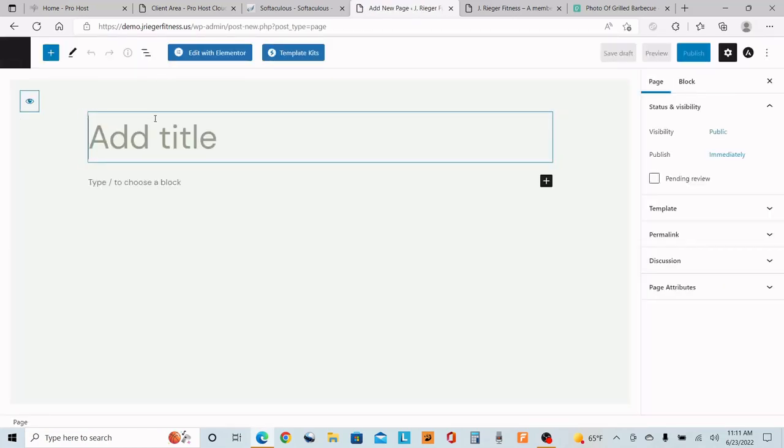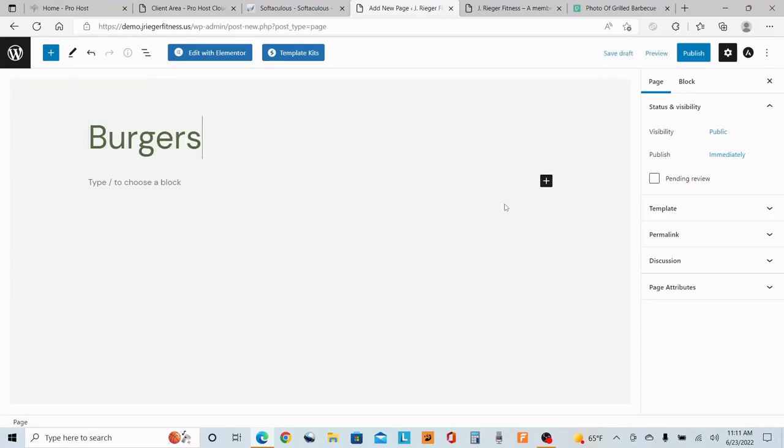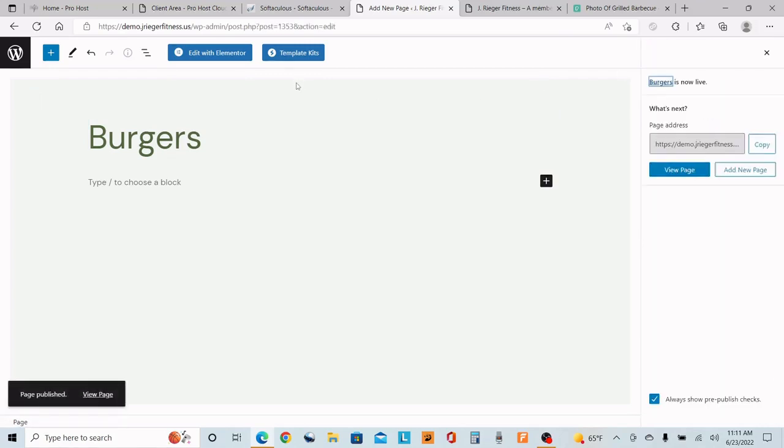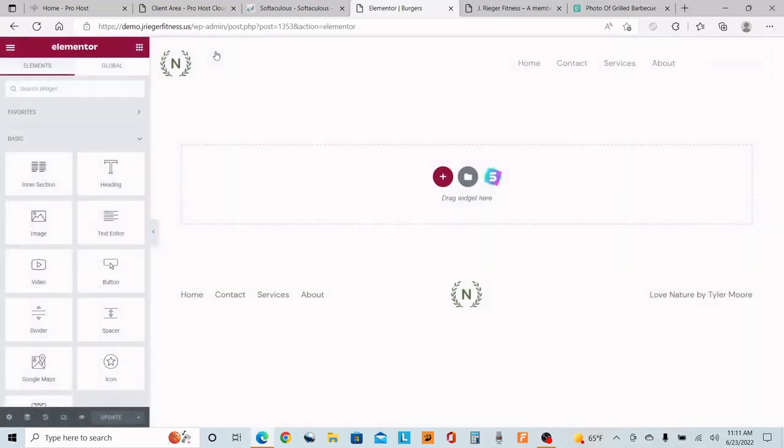Let's call this page burgers, for instance. Then we're going to publish, and then publish again, and that creates the burgers page. Now when you edit it in Elementor, it brings you to the burgers page and adds all those crazy theme